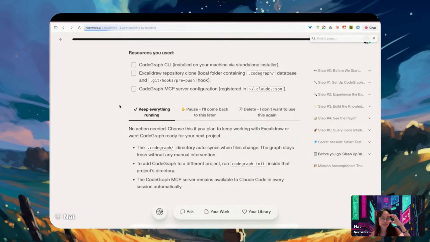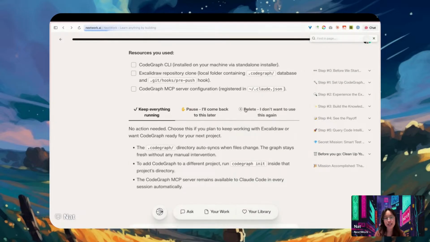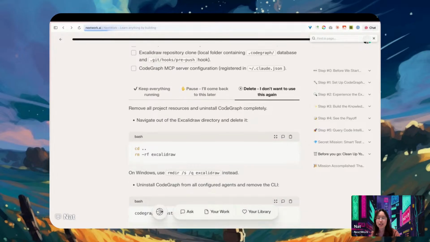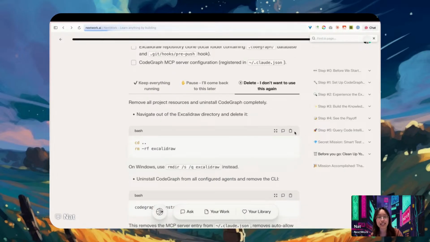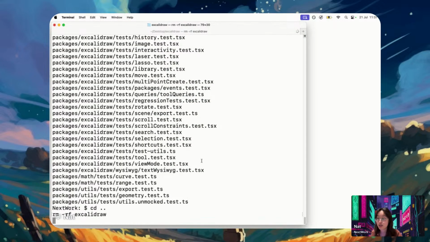Okay, so we're up to the delete step now. This is where you can delete everything. You can pause and come back to it later. You can choose to keep everything running. Just for the sake of learning together, I think it's always good to have a look at deleting everything together so that you know exactly how to keep everything clean. We're going to go into our terminal and delete our Excalibur folder,